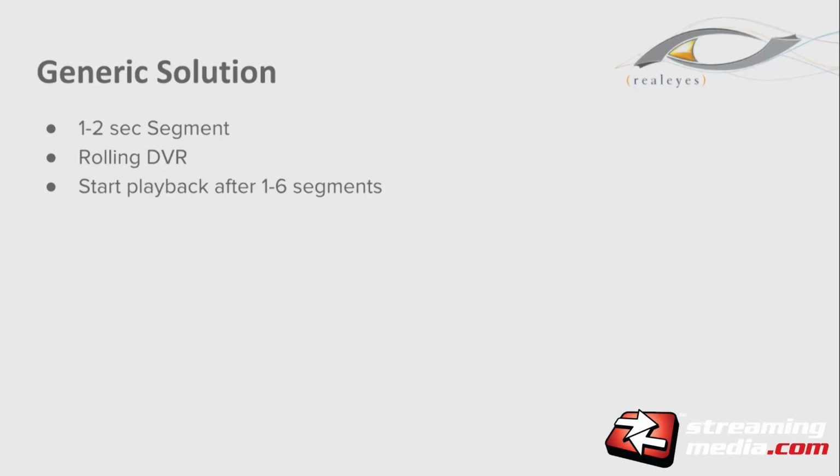So as I mentioned, the most generic solution for low latency without doing a larger review of your whole system is pretty straightforward. You're generally going to try to target between a 1 to 2 second segment, meaning your keyframe interval is also lined up with that. You're going to want to use a rolling limited DVR. You don't want to have a 5-hour event and a 5-hour full DVR manifest because it's too much processing that you're asking it to do too often. So normally you want to limit that to no less than, I would say, 10 segments or around 30 seconds. And you're going to start playback after anywhere from 1 to 6 segments.